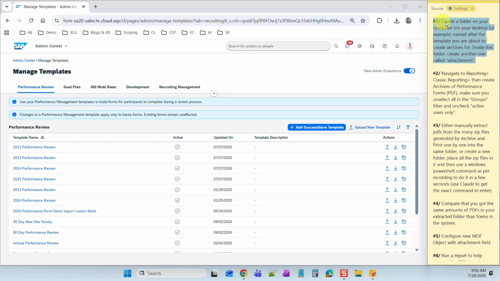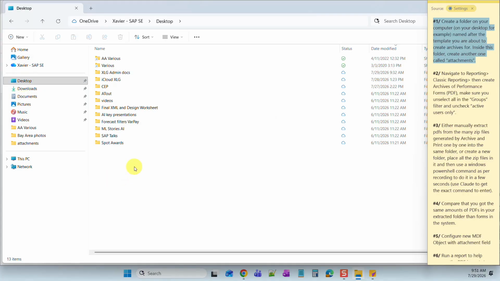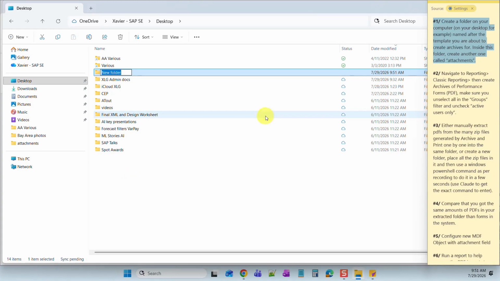So the first step is to create a folder on your computer, on your desktop, named after the template you're about to create archives for. Inside this folder, create another one called attachments. So let's get started. I'm going to open here my desktop and then right click and I have a template, create a folder called 2012